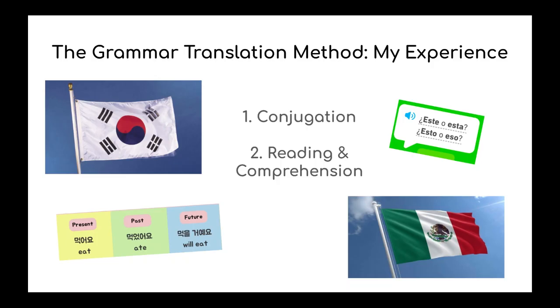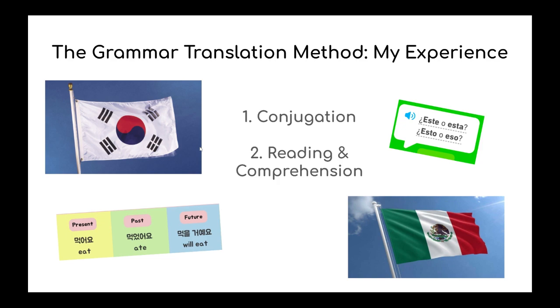So that's what this first graphic here is representing on the right, with the este, esta, esto, eso. These are the demonstrative pronouns in Spanish. And I remember in particular using these pronouns in grammar exercises and trying to learn them in class, but I never really understood them all the way. And then this other graphic in the corner,